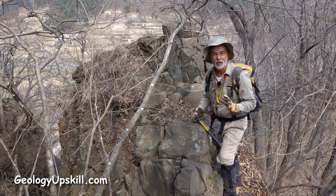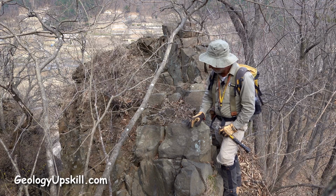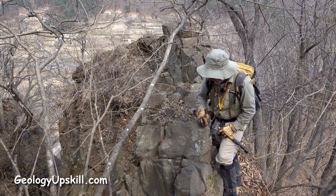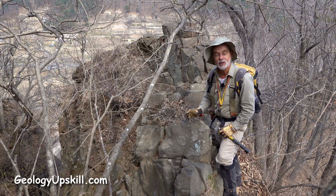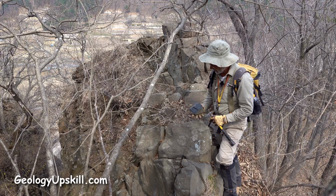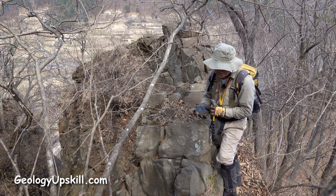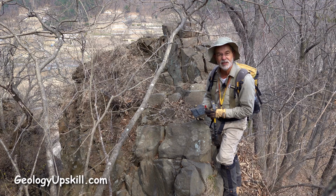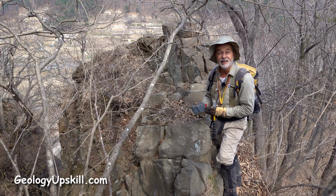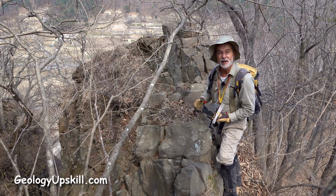So here we are on top of the cone, and this outcrop here is just massive basalt. It's even got a bit of that hexagonal columnar jointing that you sometimes get in massive basalts. And I've broken a piece off here, and it's completely fresh. It's got some feldspar and pyroxene phenocrysts in there, and they're glass clear, so it's completely unaltered. After that basalt blew out the cone and laid the breccia around it, this plug's come up the middle and